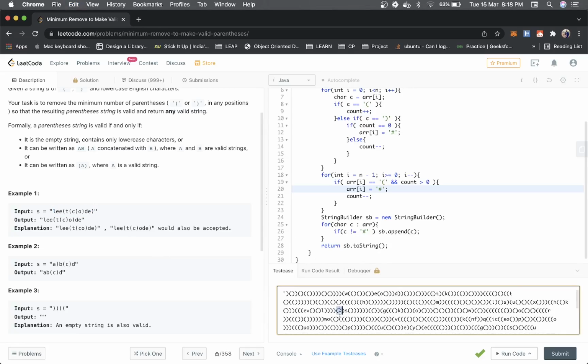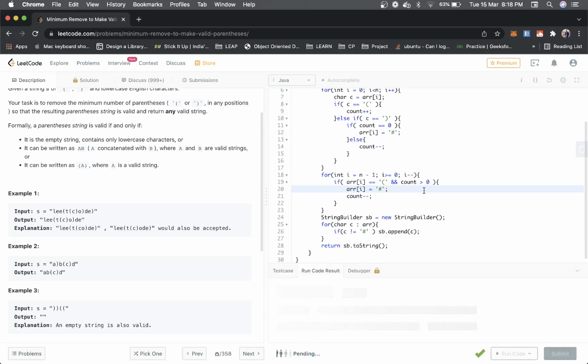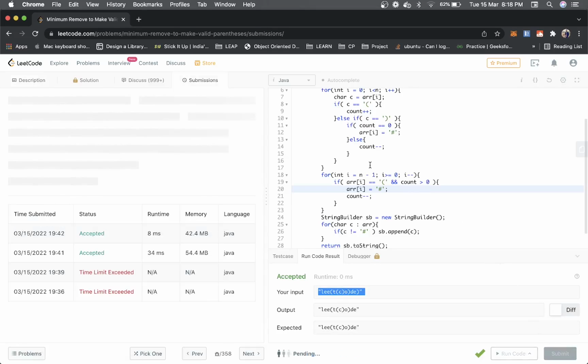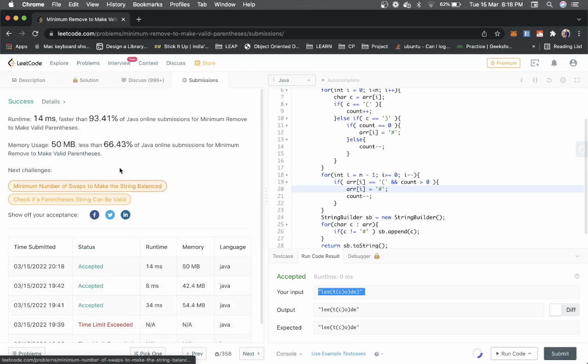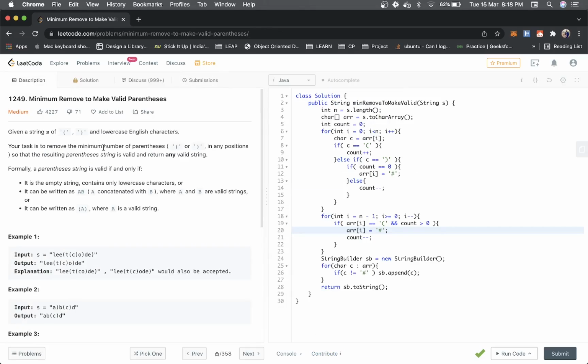Let's try this. This is passed. Let's submit the solution. Right, this is passed. So this is the solution of problem number 1249, minimum remove to make valid parentheses.